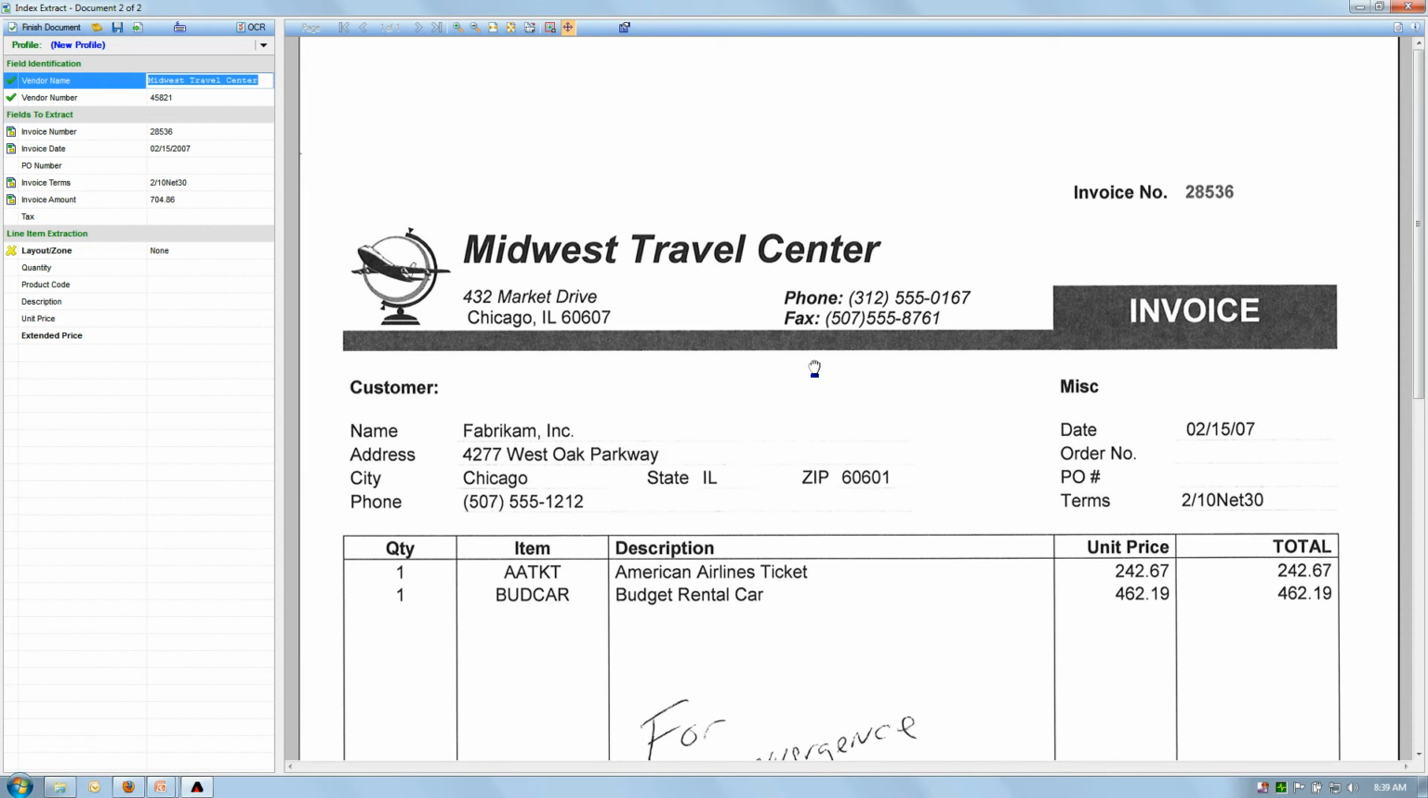So now the next time we get an invoice from Light Products, it's going to come into MetaViewer, and MetaViewer is going to say, oh, I know where everything is. It's going to automatically extract all that information, feed it into the workflow, and then nobody has to touch that